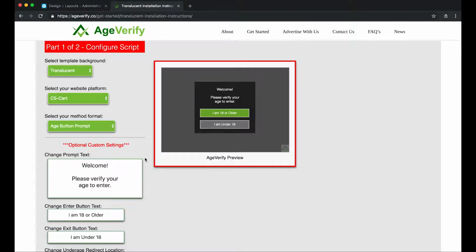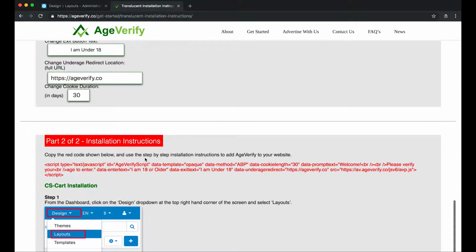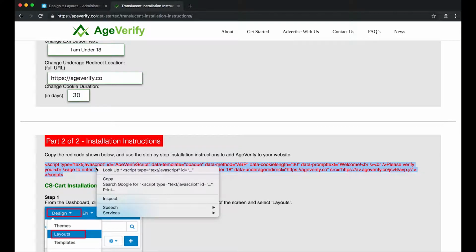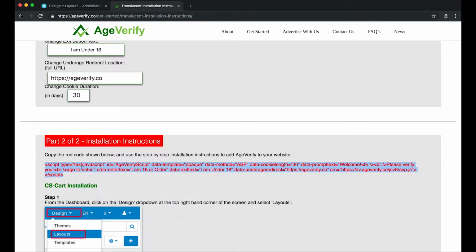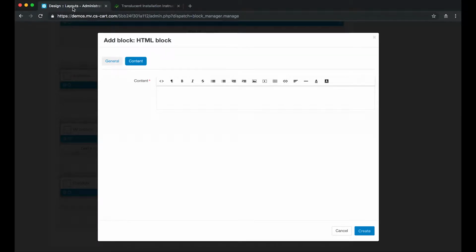Once you get this configured exactly how you want it, part 2 of 2, installation instructions, and it gives this paragraph of red code here, and you simply want to highlight that code with your mouse. And once you've got that highlighted, you can right click it and choose copy, or you can simply hit Command C if you're on a Mac, or Control C if you're on a Windows computer, and copy that to your clipboard. And once you've got that copied, we're going to go back over to the CS-Cart admin panel here,